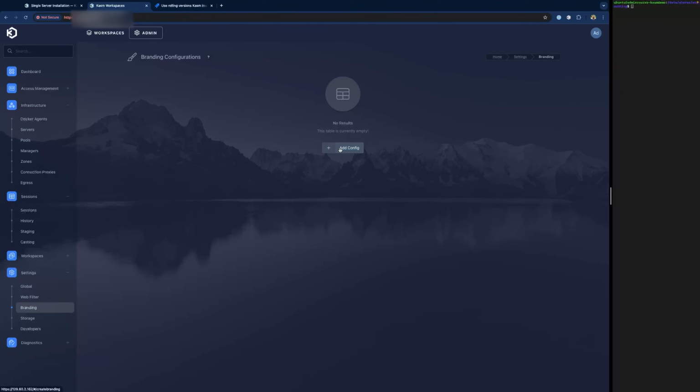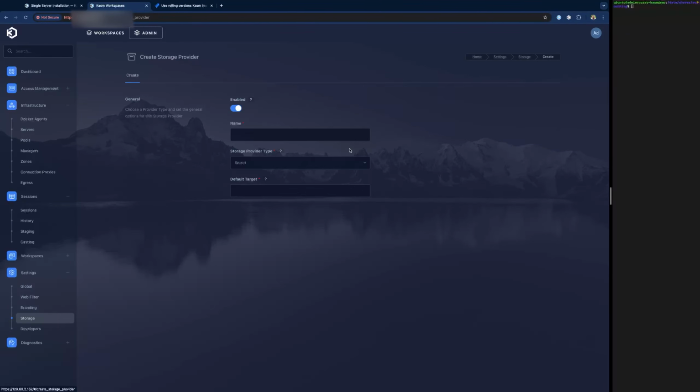Branding feature will allow you to customize your Chasm instances with your corporate branding. Again, this is a licensed feature. Since we're running on a community edition, I'm not able to display it here, but this feature will allow you to configure custom branding throughout the platform. So your logo and background for login page, a customized splash screen, workspace launcher background, header logo, and system messages. And again, this feature is only available with our enterprise tier licensing.